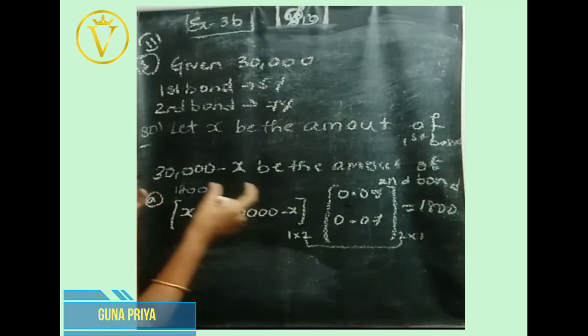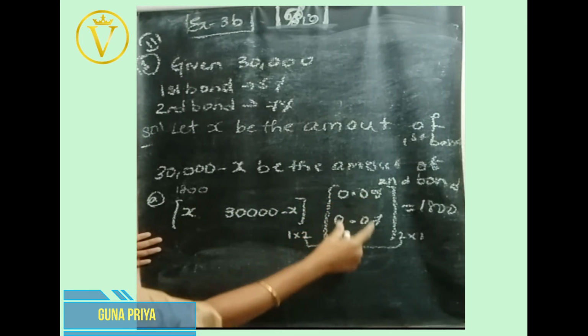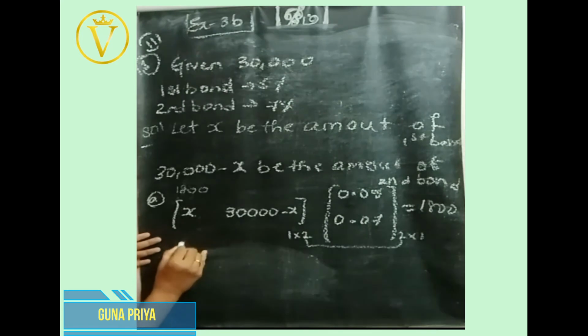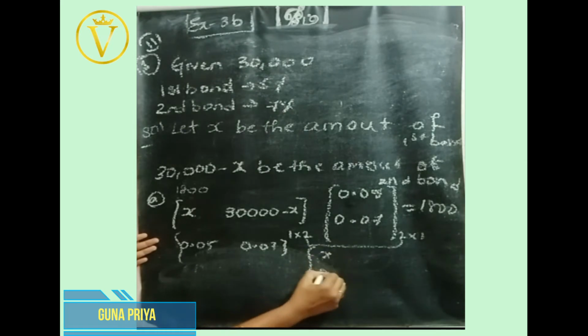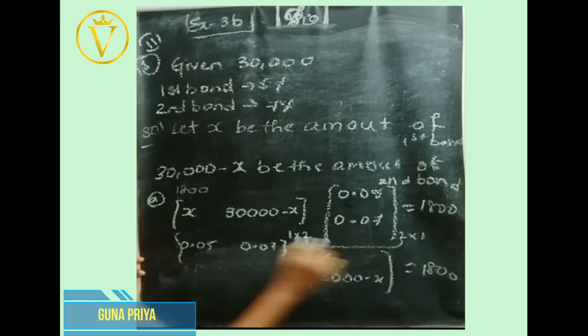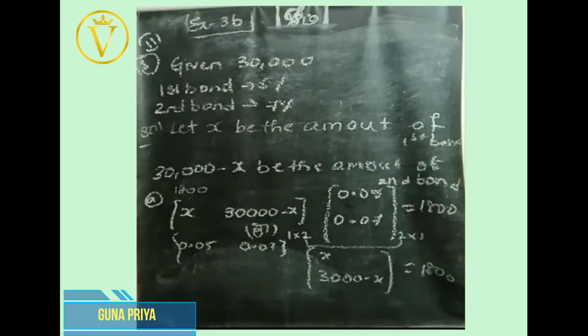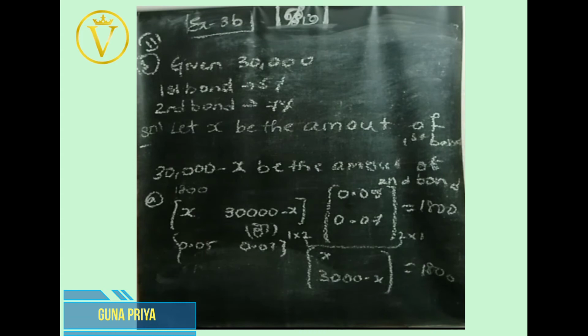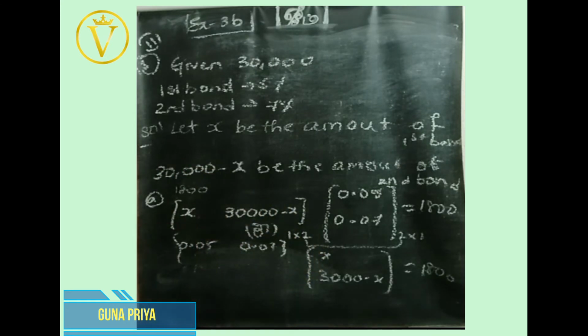Next, you can substitute the interest values like 0.05, 0.07 in the row matrix, or you can do it the other way, and the answer will be the same. That is your wish. But first we have to take the row matrix, and then multiply it with the column matrix. That is very important. I have explained why before, so don't be confused.